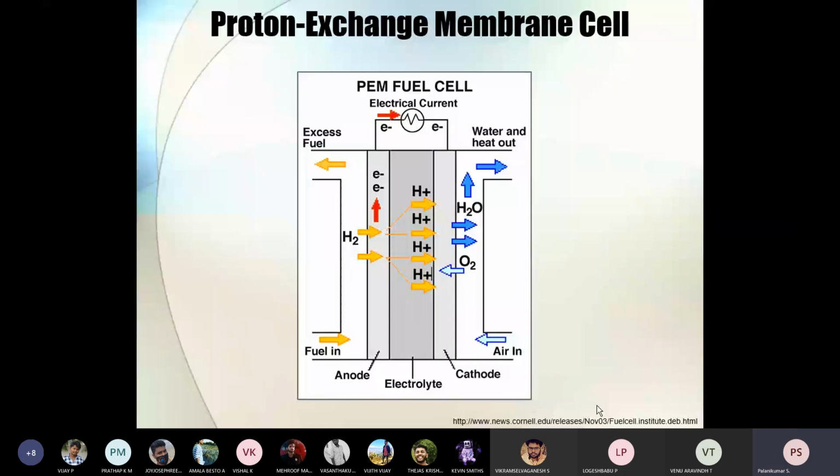The problem still, as I already told you, is that it is a very good silent generator capable of producing a very high amount of energy. But why it is not very popular, especially for electric vehicle and hybrid electric vehicle applications, is that we need 99.999 percent pure hydrogen. Hydrogen is not available naturally; it is in the form of water and many other things. So we have to apply electricity, and only after applying electricity can I separate it as hydrogen.